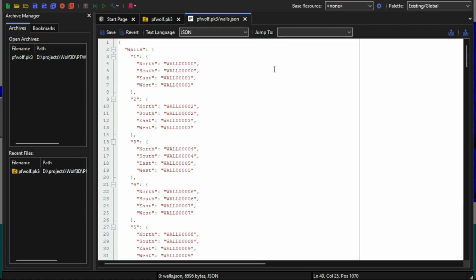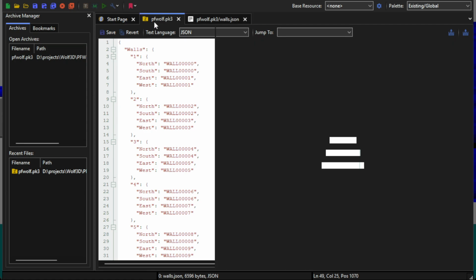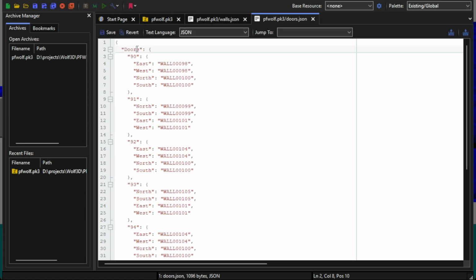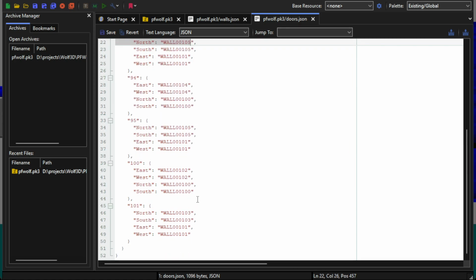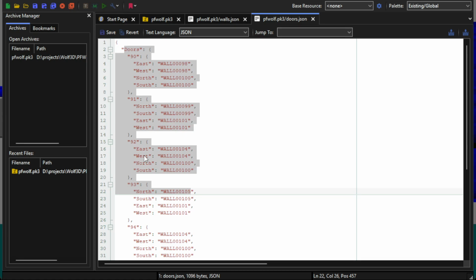Thinking and planning in my head. So this particular file has the wall definitions. I'll have one that carries walls, and I even have one that carries doors separately. You can put these all in one, or you can have them separate. And what I'm thinking of doing is, on a per-level basis, you could load in the map definitions